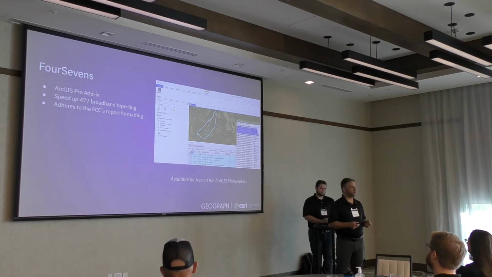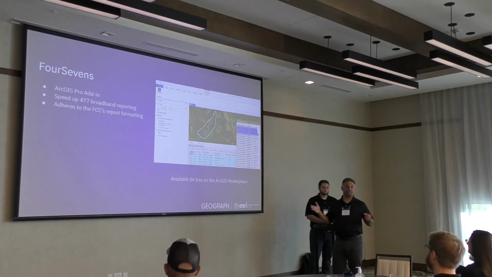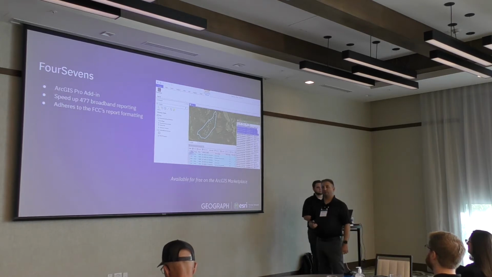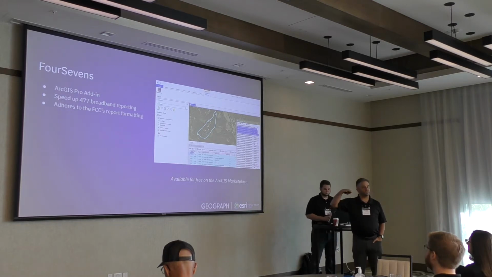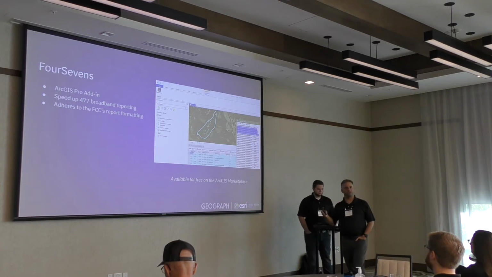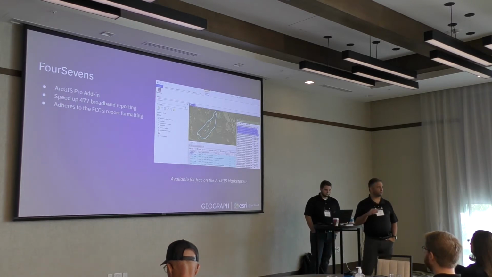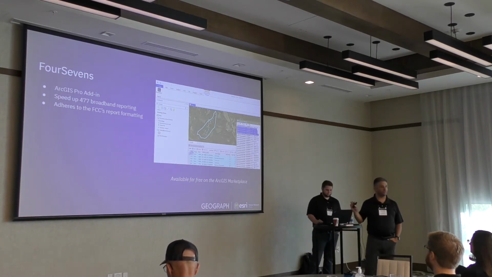Now, this doesn't do your broadband qualifications, so I want to set that ground level now. You've got to have qualified data in your map before you can use this. But what it does do is take that information and run you through a wizard, and it outputs the CSV file that you would expect to upload. You should have no problems turning that into the FCC. It does adhere to the FCC's reporting format. We try to stay up to date with the changes that come out. Usually annually there are some adjustments, whether they add new codes or change what needs to be reported. There are several reports. This is strictly the broadband report, so let's keep that in mind. This isn't a wireless report.